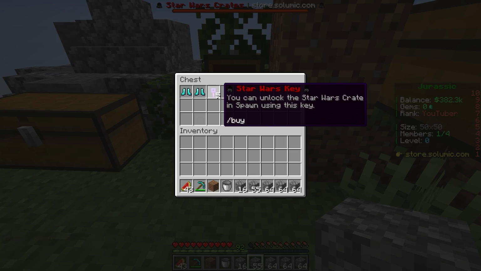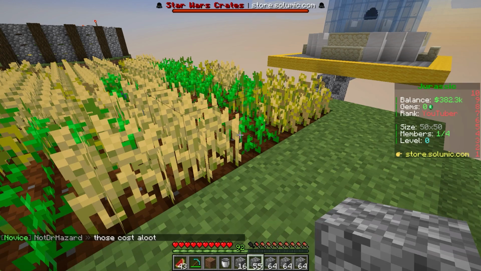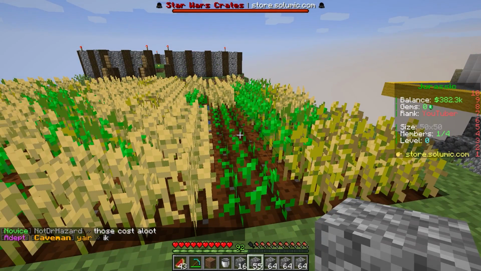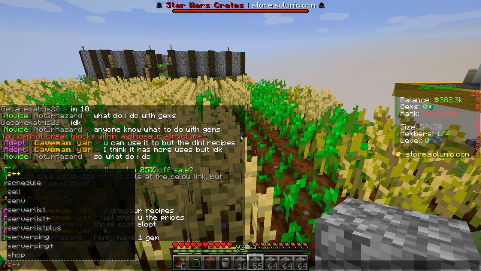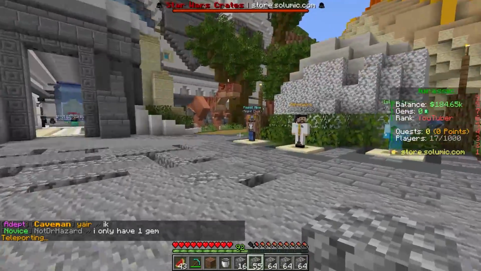Oh, while we're at it, I've actually got these keys I can use to open crates. Star Wars keys. There's like a Star Wars event on. I'm going to go and see if I can do that. I think you go to spawn. Okay, so...